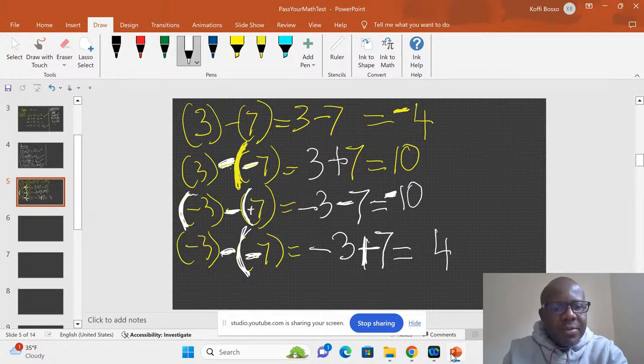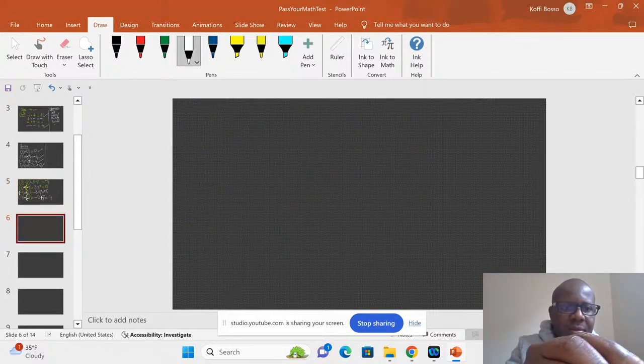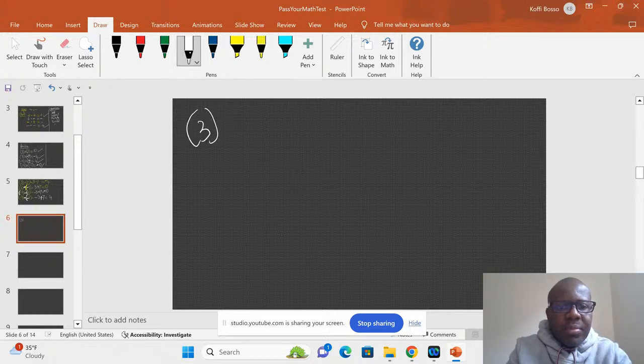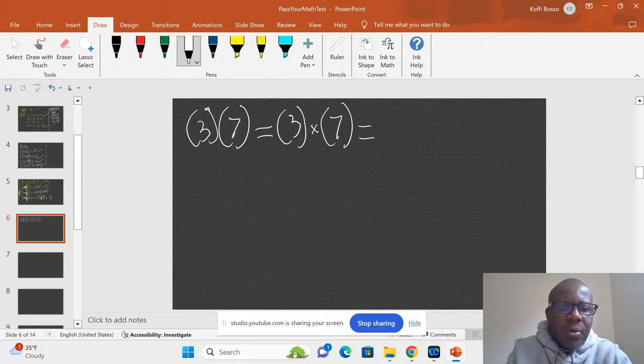So this time, let's do multiplication. I take the same 3 and the 7. So I take a 3, multiply by 7. Understand that the way I write 3 parentheses like 7 means 3 multiplied by 7. So if I don't put any sign between the close parentheses and the open parentheses, that means it's